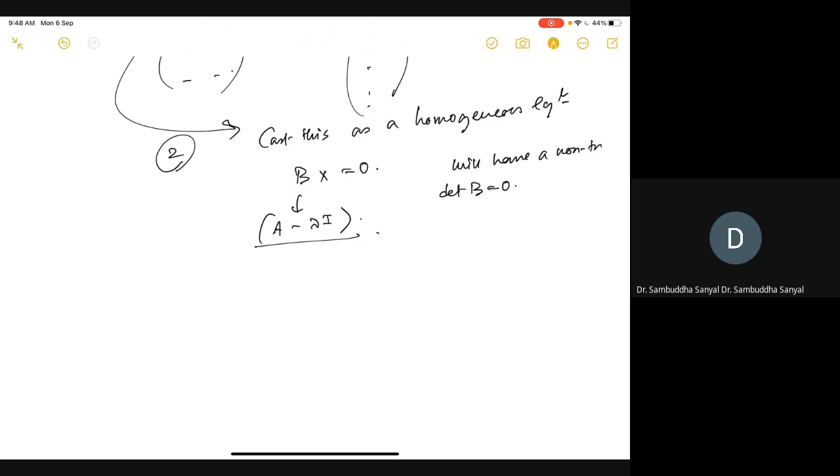Now it's very easy to prove this. The criterion is that the determinant of B must be, oh sorry, a non-trivial solution exists whenever the determinant of B is 0. Yes, this has to be 0, correct, not non-zero. If this is true, then it must have a non-trivial solution, as you know from the property of systems of linear equations. So then you have to find this object.